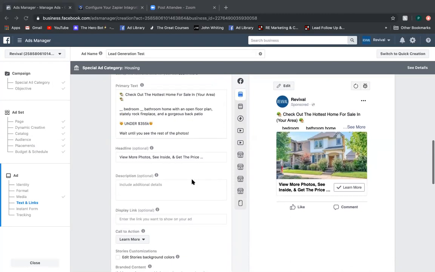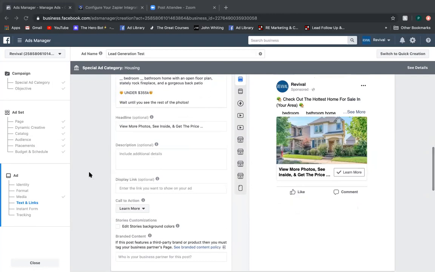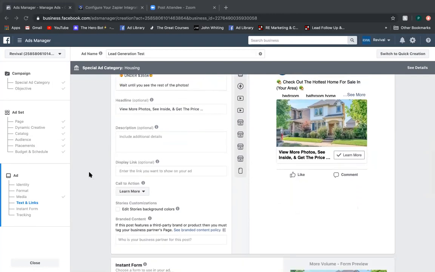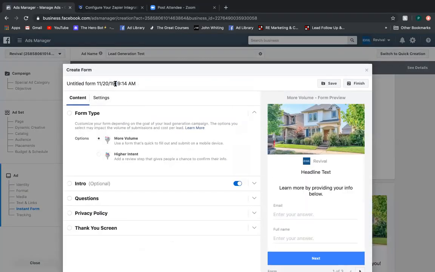People, if they see "sign up," chances are as they're going through Facebook, if they're clicking on homes, they're not going to want to sign up for something. But "Learn More," obviously, doesn't sound like they are going to be blasted with something. They're just learning a bit more. But when they click on that, it takes them to the lead form. We'll go